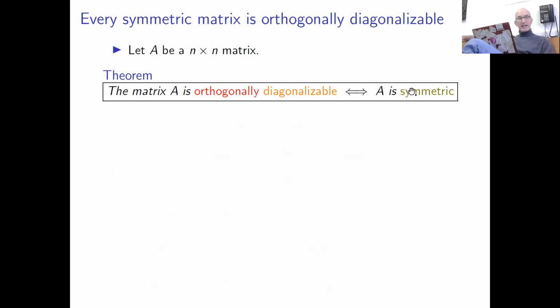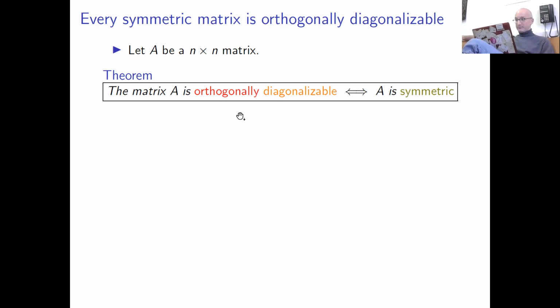This was the easy direction. Now we're going to prove the difficult direction, that if A is symmetric, then it's orthogonally diagonalizable. Again, the theorem is just the translation of our main theorem about orthogonally diagonalizable linear operators into the language